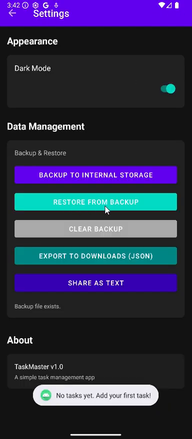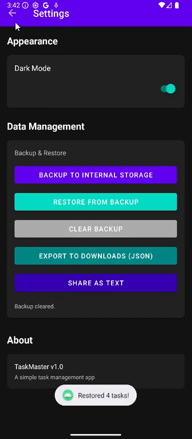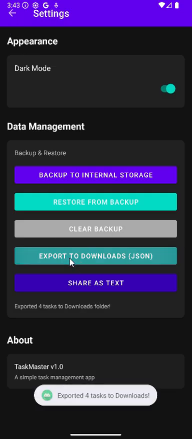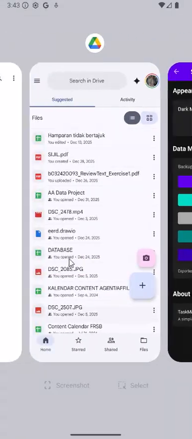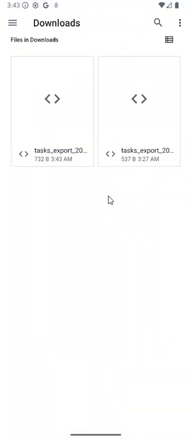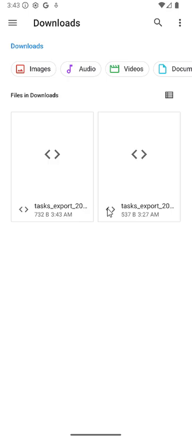If we restore from backup, we can clear the backup, and then we can export the task list to download. For example, we press here and then export more task to download program. And then we can see the task has been exported.